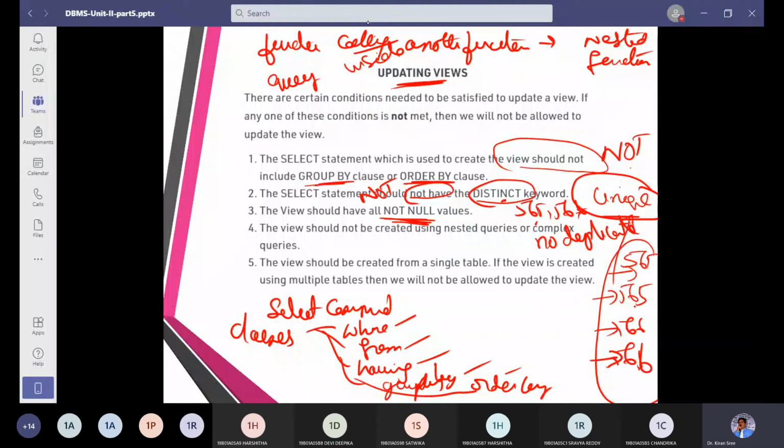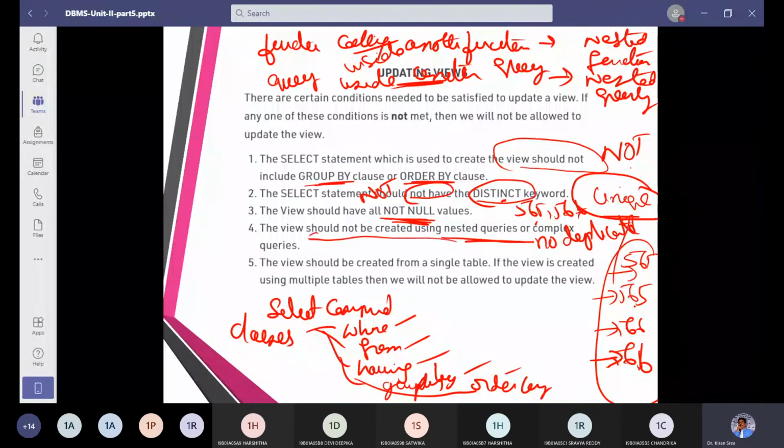Similarly, a query inside another query, we call it a nested query. One more rule: nested queries should not be used in views.